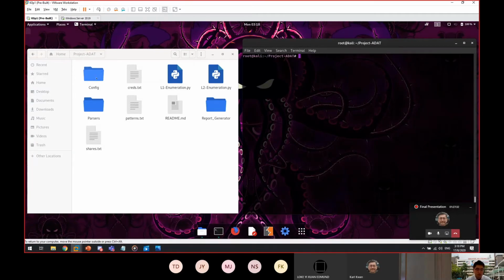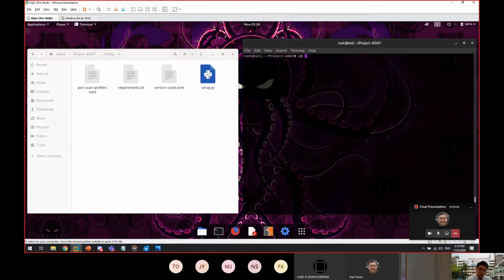All you have to do is go into the config folder. So I will cd into the config directory as well on the right side, and then you can see the files correspond. There's a setup.py over here. What the pen tester will have to do is just run the setup file. So I will run the setup file as well, python3